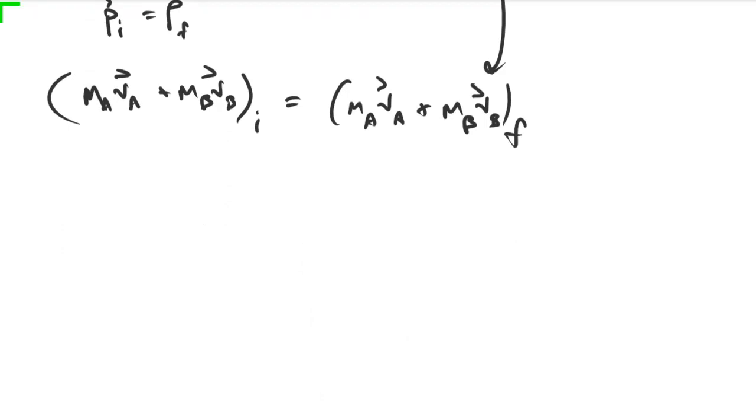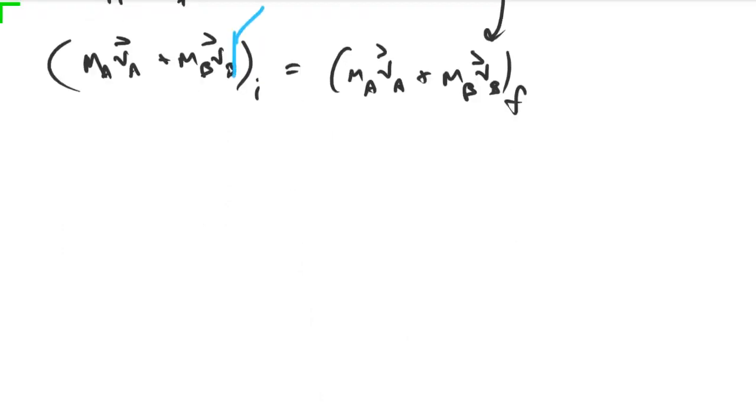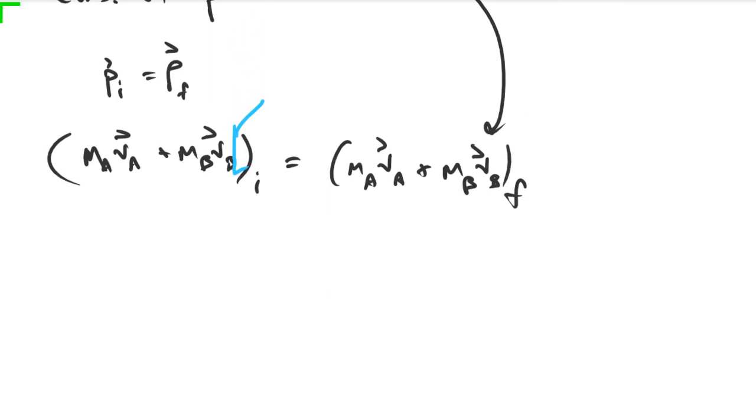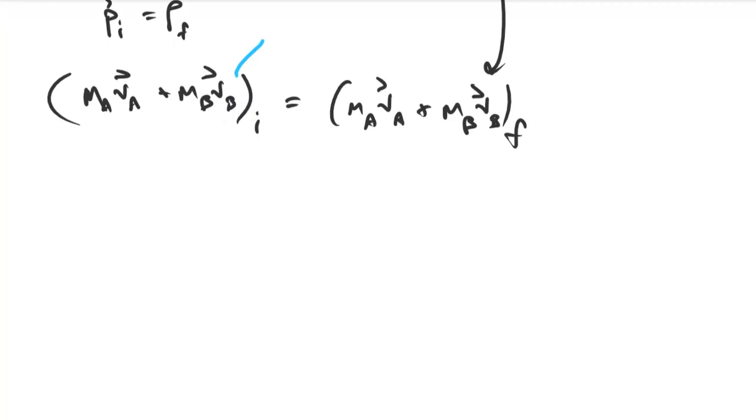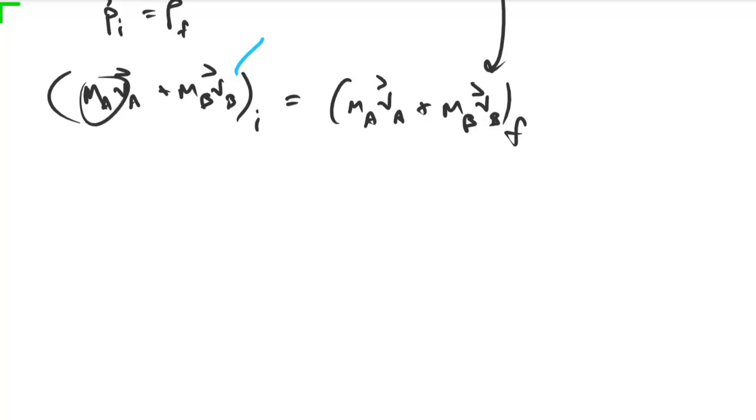So again, careful with the signs. VB initial was negative, right? So we have to be careful of those signs there. But let's go ahead and plug this in. I'll put everything in kilograms, I'll change these masses to kilograms just to standardize it. So mass of A was 0.4 kilograms. Mass of B was 0.5. And let's plug this in. So we have 0.4 times 2 plus 0.5 times negative 3